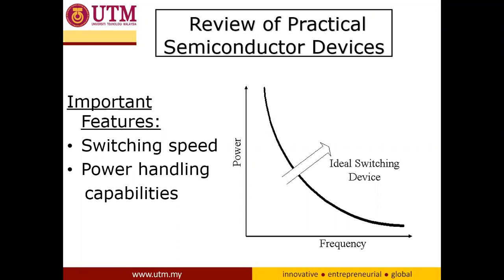I would like to mention that in power electronics, especially for transistors, we have two functions. The first function is as an amplifier, which was taught during your electronic circuits course, and the second is that the transistor can be operated as a switch, on and off. So in power electronics, we are operating the transistors as a switch, meaning it is on, off, and on, off. So the first important feature, the switching speed, is the most important feature